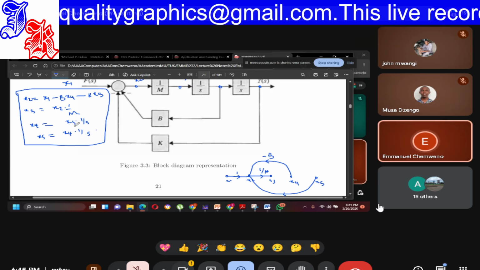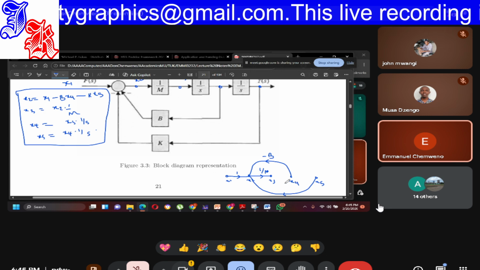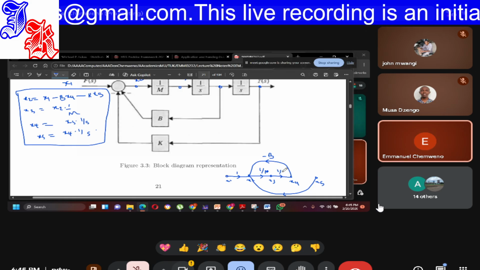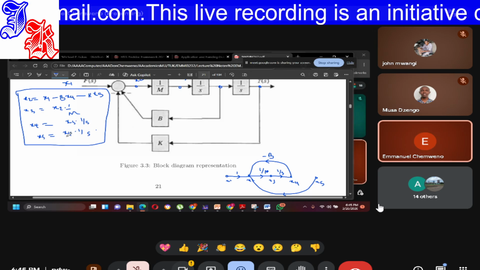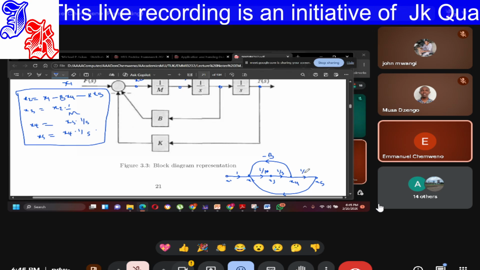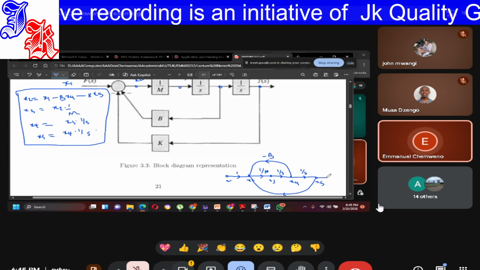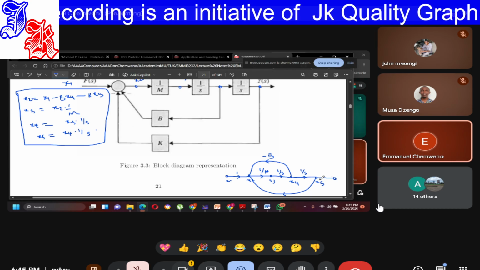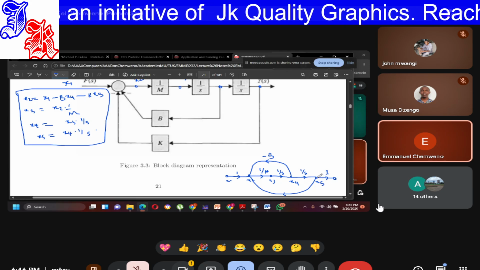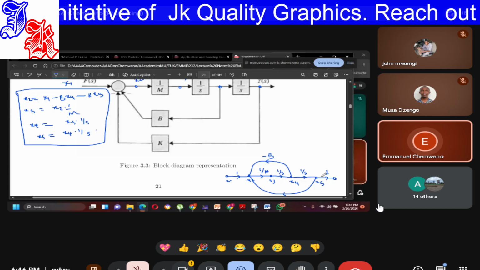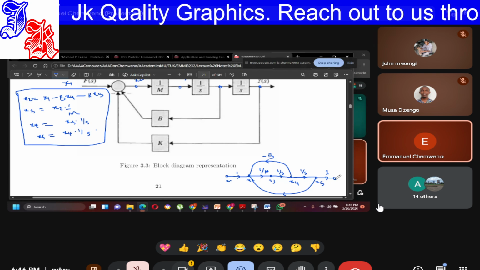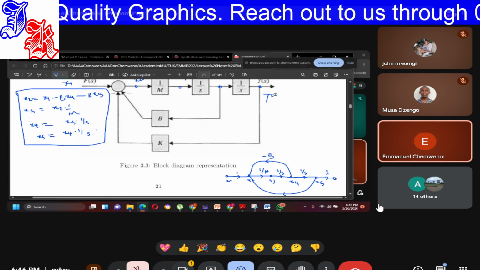x4 is x3 over s. x4 is x3, which is this, over s. x5 is x4 over s. And I said, if this is a mixed node, you can just add 1. So you don't really need to add. If you identify that it's an output, you don't really need to add. But for clarity, you may add. So to get the transfer function,